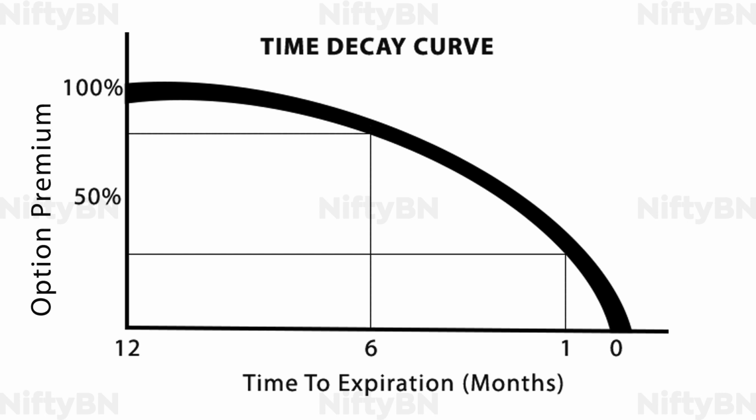From the time decay curve, it is clear that while the time decay of the option premium is just about 15 to 20% in the first 6 months, it is about 25 to 30% in the last month. This is to say that the options tend to lose the most value in the final 30 days before expiration. This characteristic of the time decay, when used to our advantage, can be very fruitful.